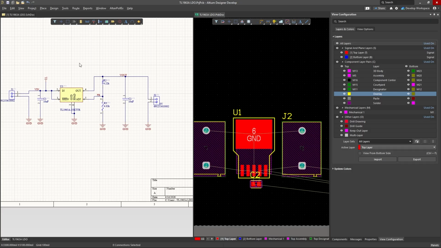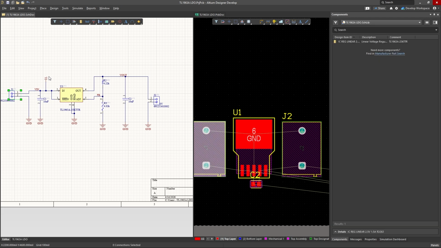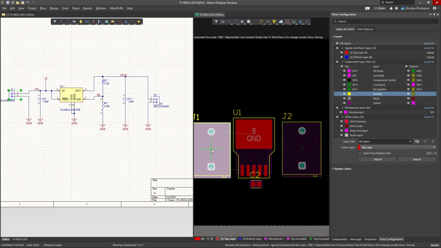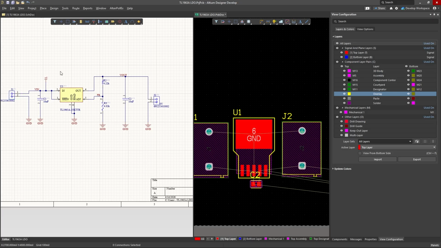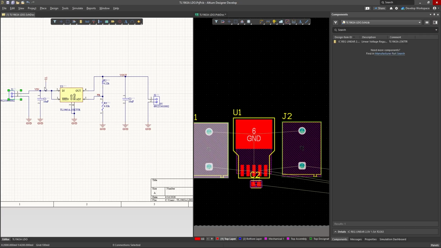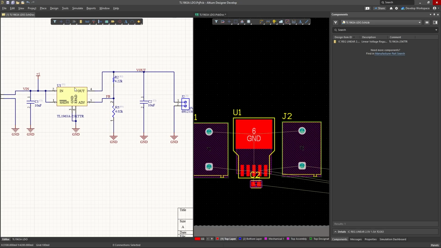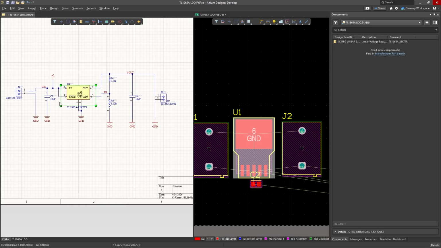Now, why is it so important? Why did I go through that effort? If I click on one of my components, I can hit that and it will automatically start repositioning my component. What's even better is I can select multiple of these, holding the shift key. Okay. And place my component. Let's say I want to place my main component first. I want to place my capacitors that need to be right on the input and output, and then feedback,